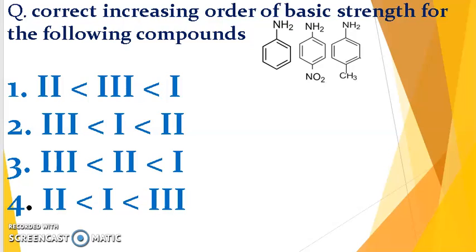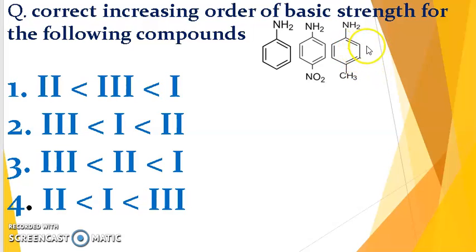If we go to the next one, what is that? Plus R effect, right? That is a positive resonance effect expressed by the electron donating group. Electron will donate to the other group, that means plus R effect. Plus R effect means CH3. This methyl group is there, no? Here, this third compound. NH2, CH3, OH, OR, these groups are having a plus R effect, that means positive resonance effect.